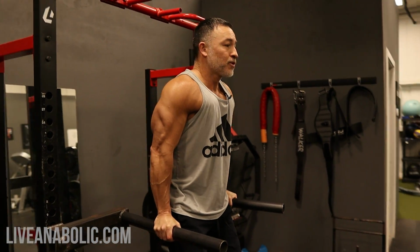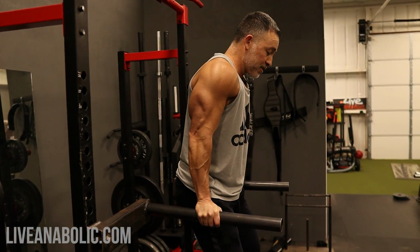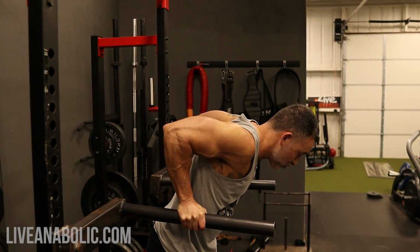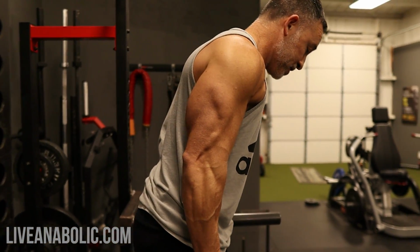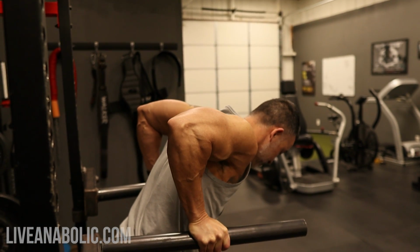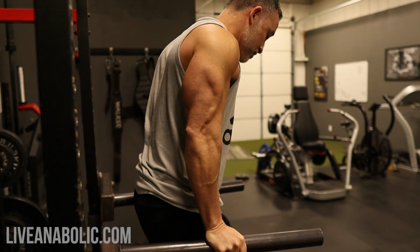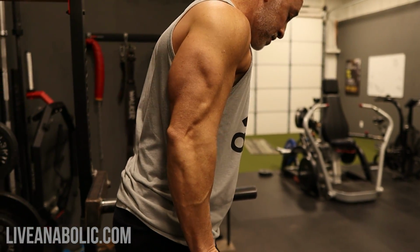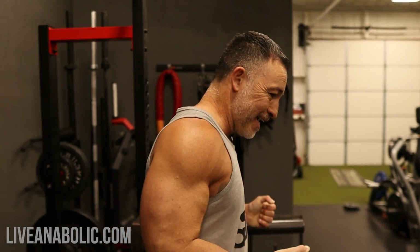All right, so here, elbows are there. Now they're tucked into my side. Leaning forward. Good stretch in the triceps. Good press at the top. Stretch. Press. Again, keep those elbows in tight. Press. Keeping those elbows in tight is also going to help keep the stress on the triceps more than the